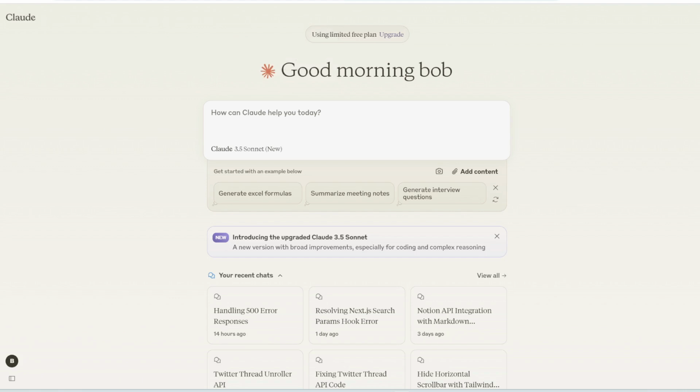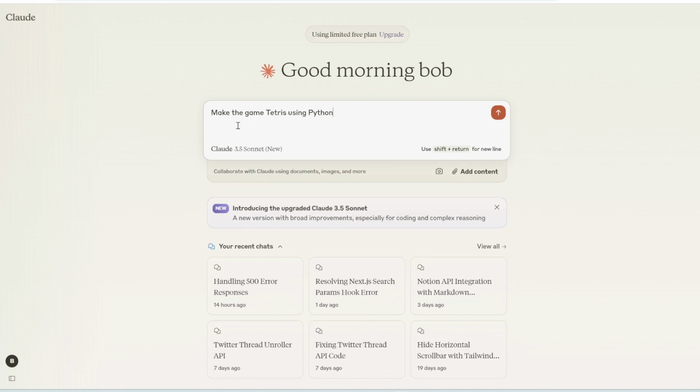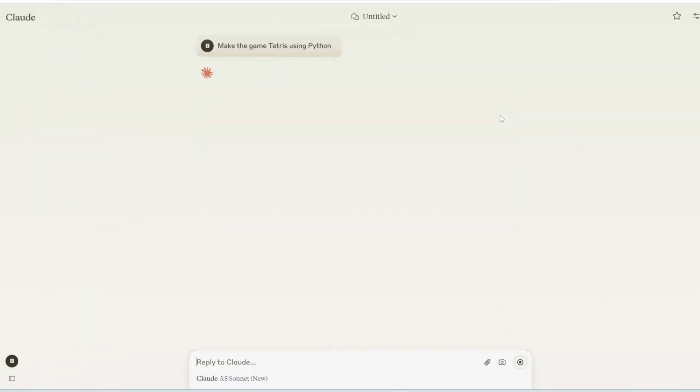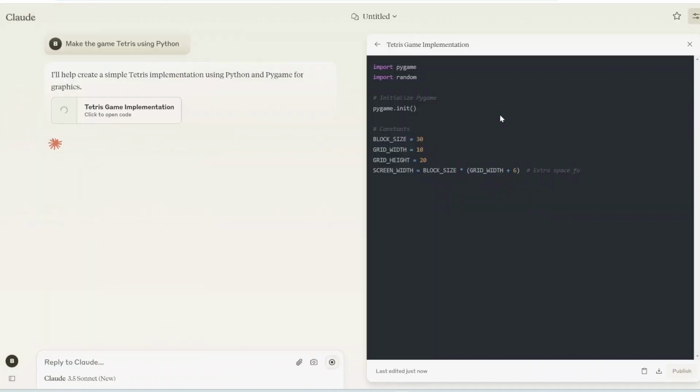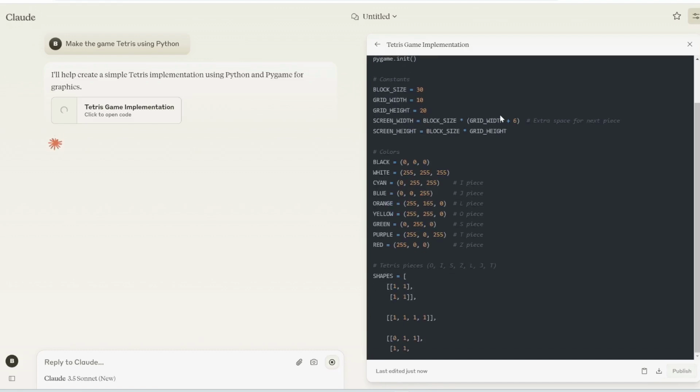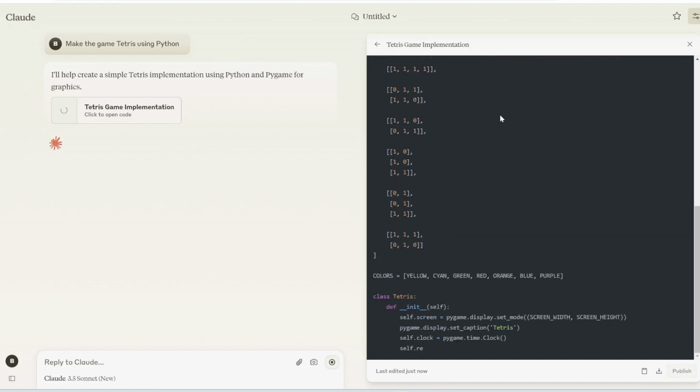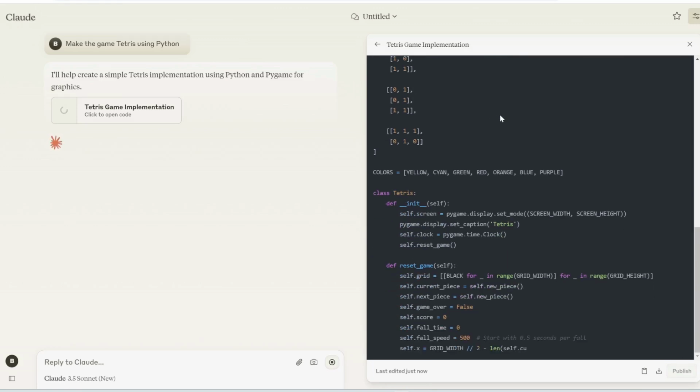Anyways, enough talking about benchmarks. Let's actually jump in and test out this new 3.5 Sonnet. So if you go to Claude AI, you should see that starting today, you'll have access to this new model. So let's test it out with some challenging prompts. The first one is make the game Tetris using Python. So far, none of the other state-of-the-art models could actually get this in one go. I had to prompt it at least 2 or 3 more times for it to actually get a working game